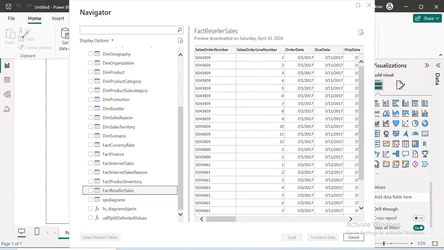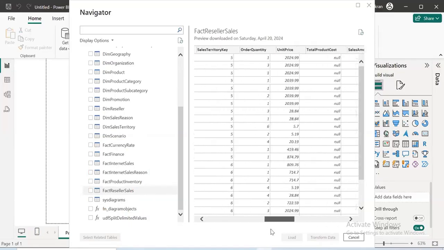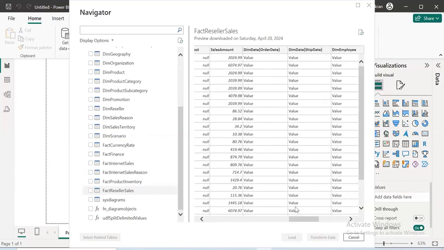What is the business requirement? I want to analyze the sales performance for the resellers. So I will first check for the fact table, which fact table I will need over here. I have multiple fact tables. Which fact table will I need? Reseller sales, right? Reseller sales I will need. Now if I check reseller sales, these are the columns I have in the reseller sales. So till this point,